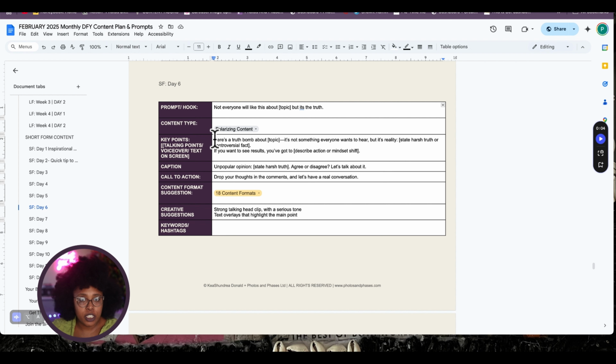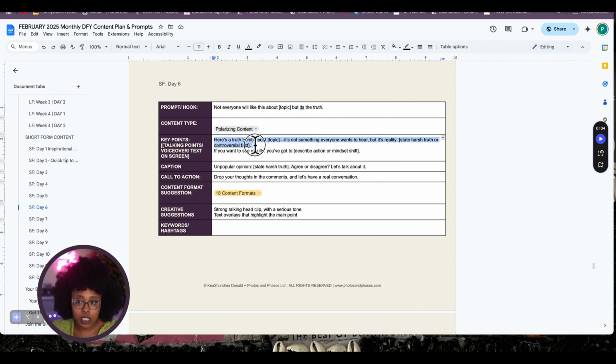And then this differs a little bit from long form content because there are key points, but you don't have to expand on it as much. With short form content, you're just focusing on one topic. You're not going all over the place and discussing a whole bunch of things, because all of those different things can be different pieces of content. So if you have more than one thing to talk about, you can create another short form post and address the next topic. Focus on one thing.